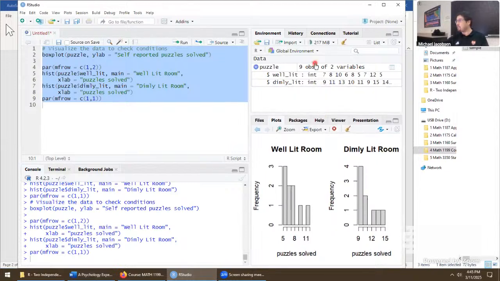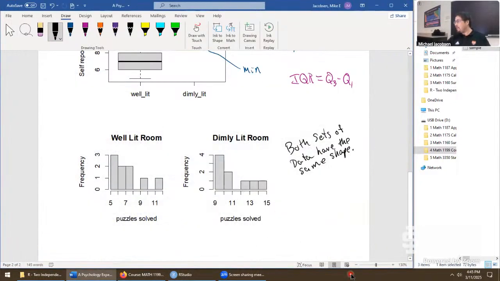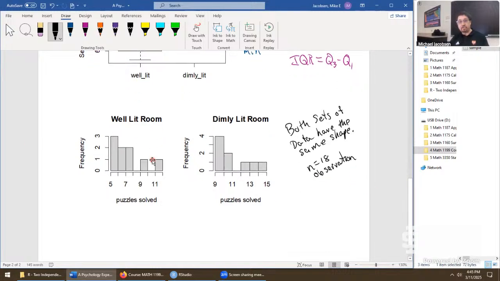Said observations, 9 of them, but that means 9 for each group altogether. So there is n equals 18 observations. That's a pretty good sample size for our t-test to be robust against any outliers going on. It looks like the conditions for the t-test are met.